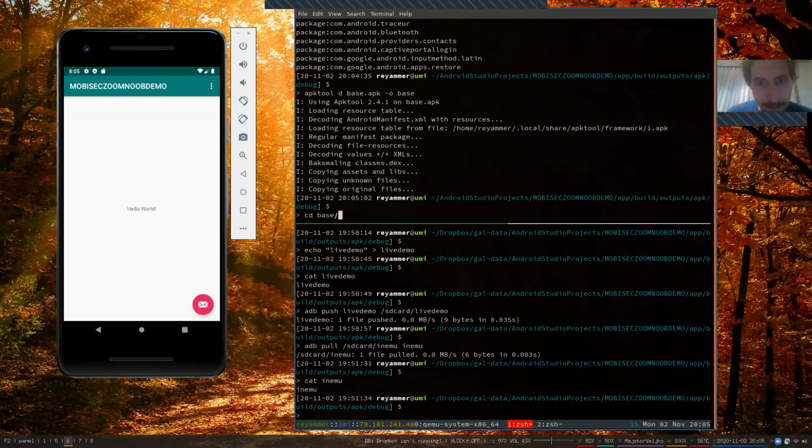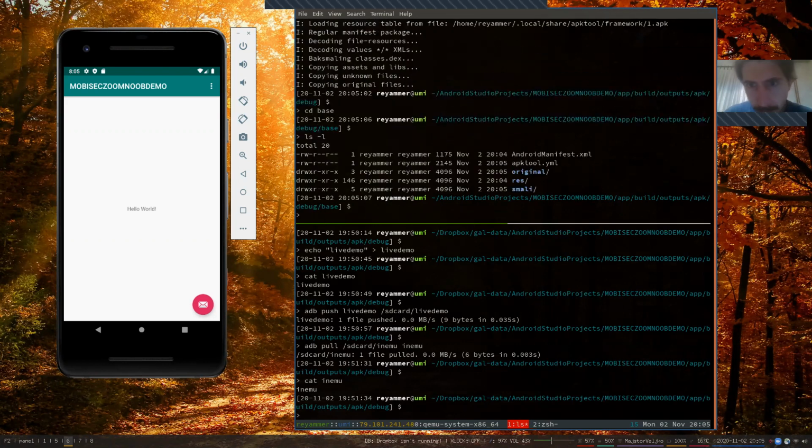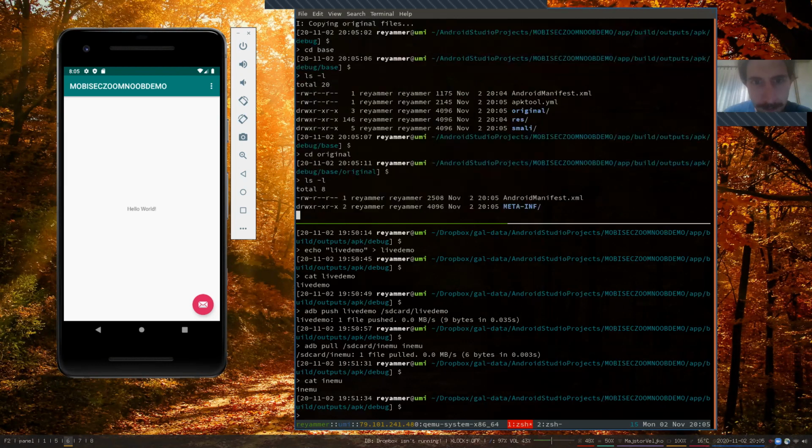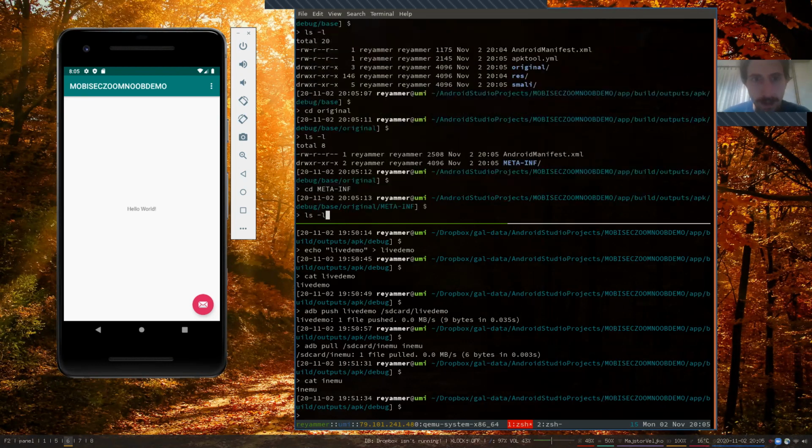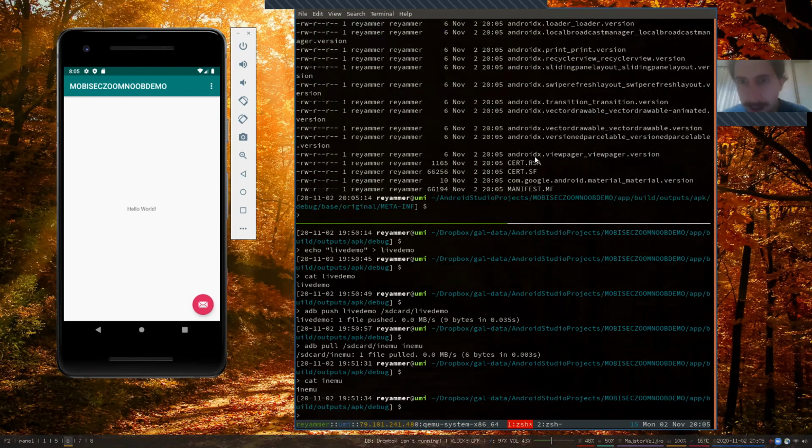Okay, base. And then I want to show this part, original and meta info. I've discussed these files, cert.rsa, cert.sf, manifest.mf, in the past, discussing that each application is signed